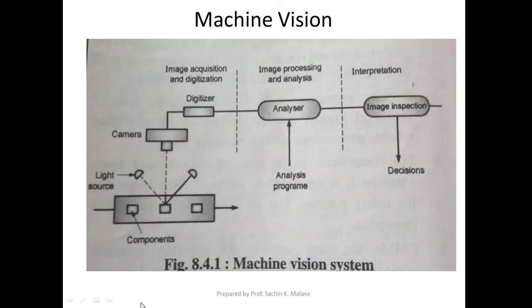The frame store stores the data, and the second unit of the image processor is the frame store. So the frame store is going to store the data obtained. The frame store has the memory to hold the entire image. Each set of pixel values is referred to as a frame.